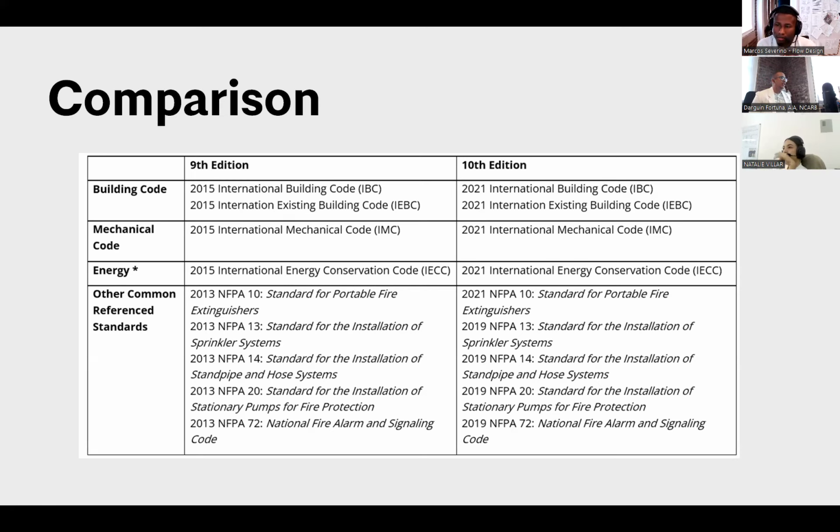So basically just the year changes there. The mechanical code changed to 2021 as well. The energy code now is no longer used in 2015. It's actually used in 2021. That's the base code. There's other amendments and stretch codes that you have to take a look at by jurisdiction